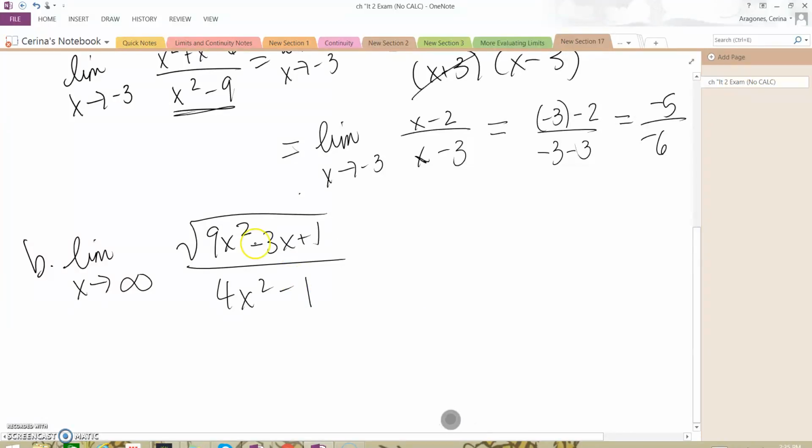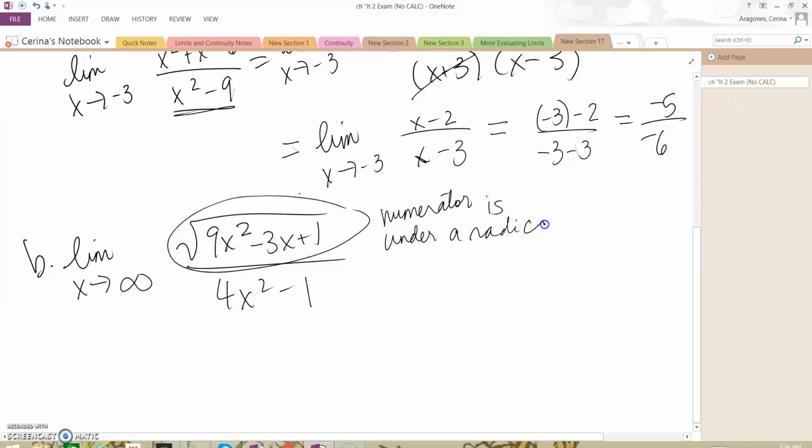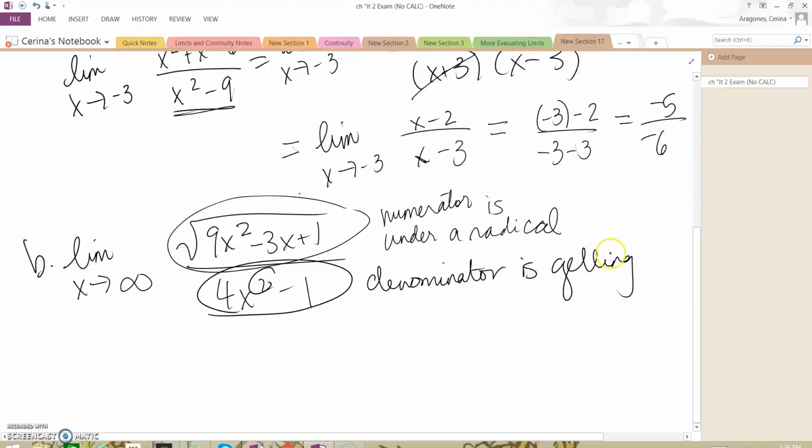As you can see, the numerator is under a square root, or a radical, and the denominator is getting squared. Because the denominator has a higher power, higher degree,